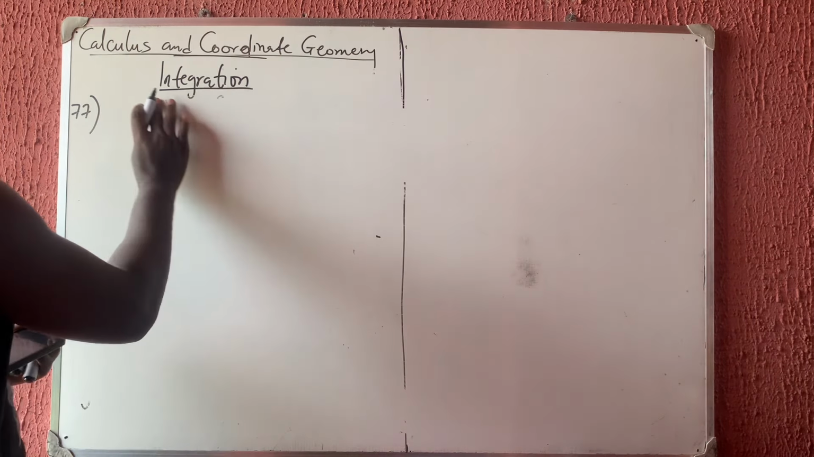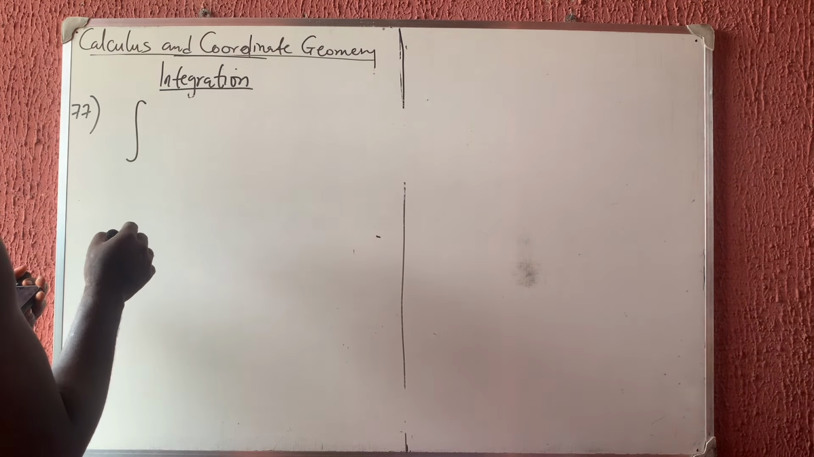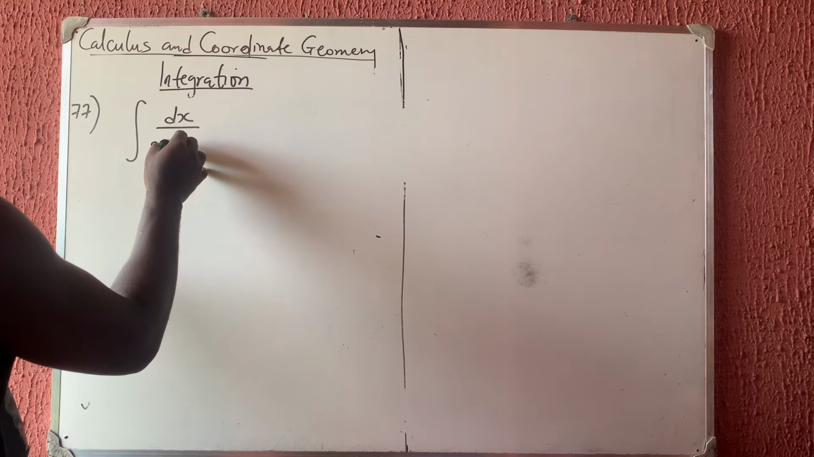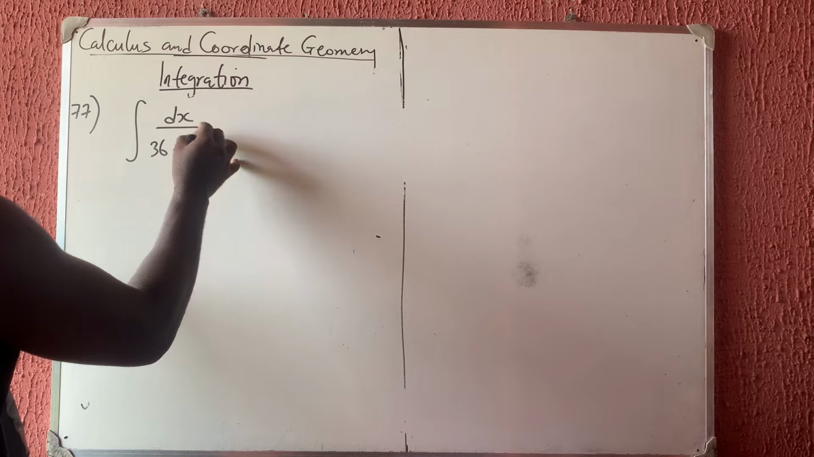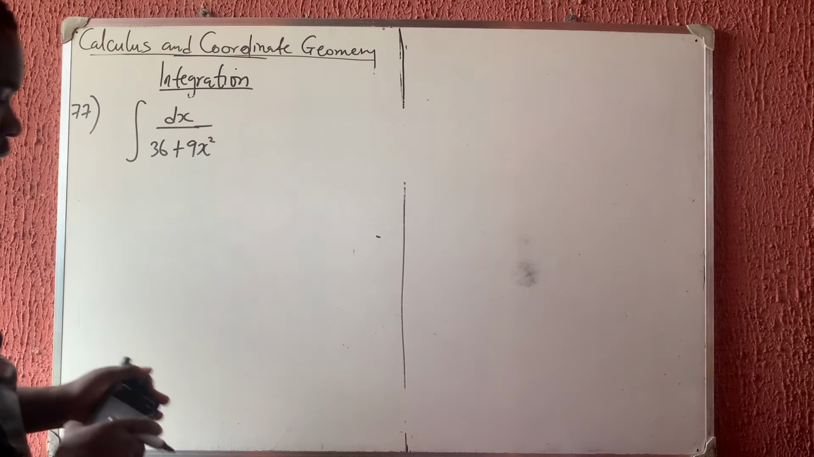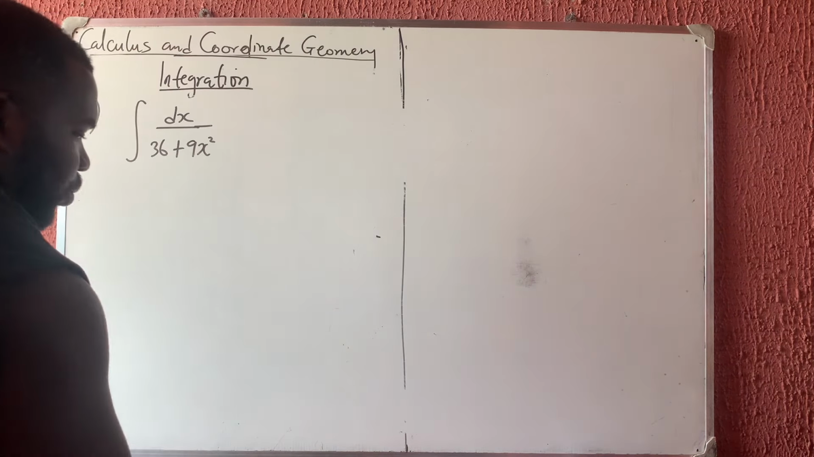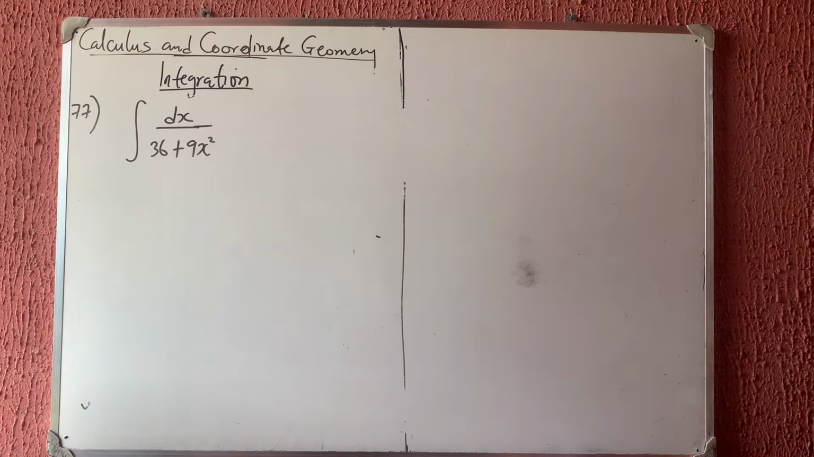the integral of x dx all over 36 plus 9x squared. Okay? Now, whenever you have this type of integration, this is called trigonometric integration, inverse trigonometric function for integration. Now, I want to show you 3 important ones. They are many in number, but I'm going to show you the 3 important ones you need to know. All right. So they are,